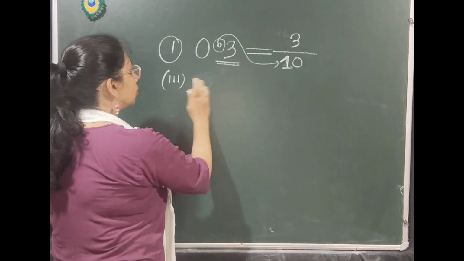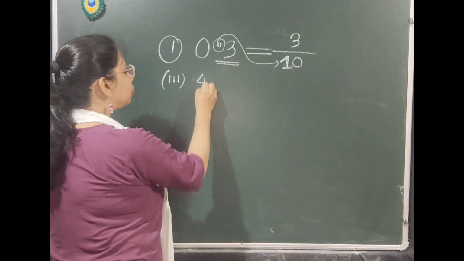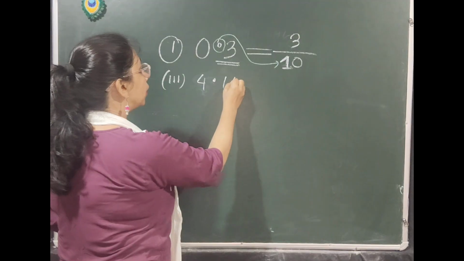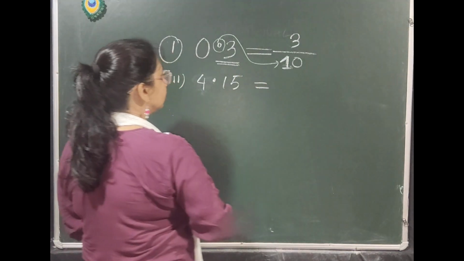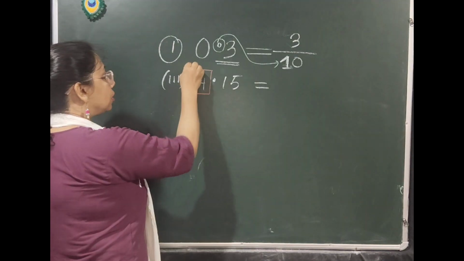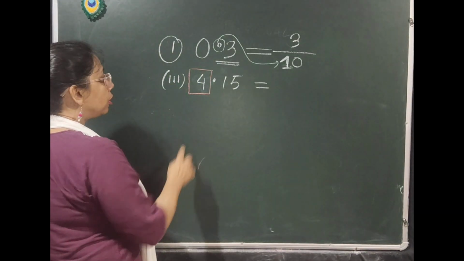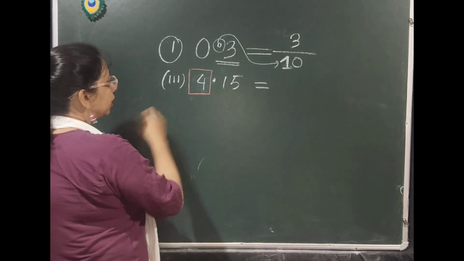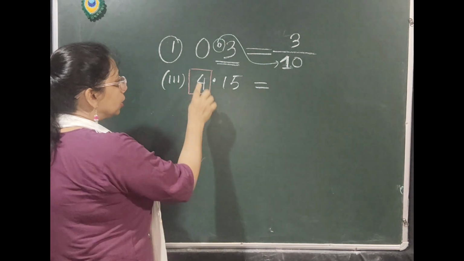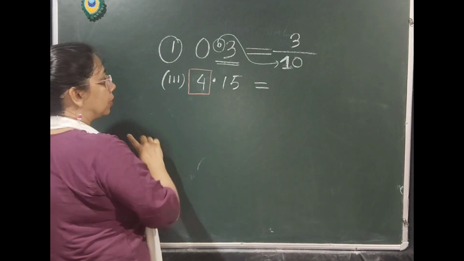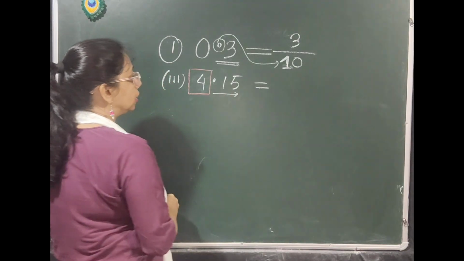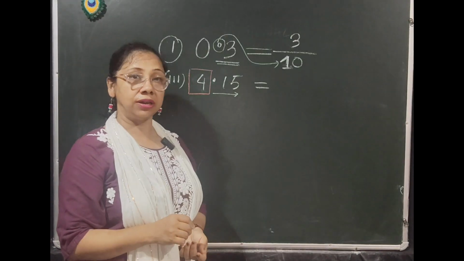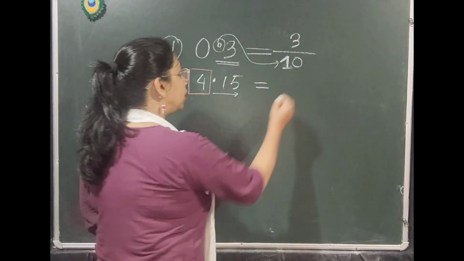Number 2. Let us take it as 4.15. Okay. So in this case you can see that 4 is an integer. Why is it an integer? Because this is the whole part of the number, and after that the fractional part is written in terms of decimal. So we will write here